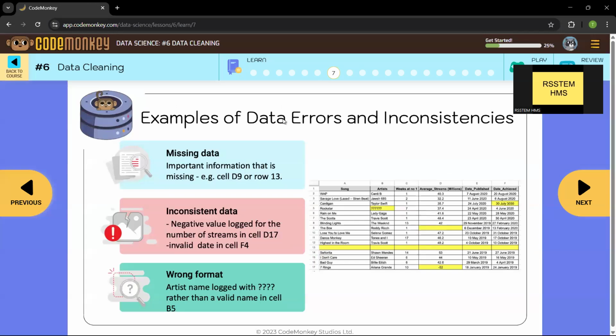So, examples of data errors and inconsistencies. I'll try to go slowly now. So, examples of data errors and inconsistencies.